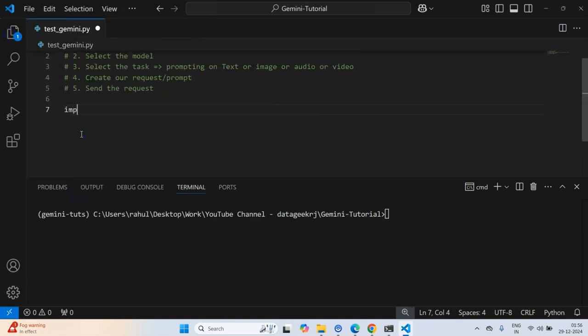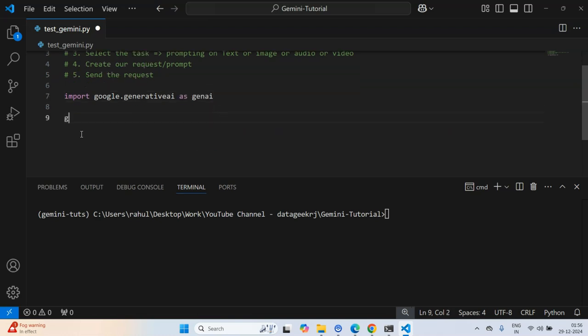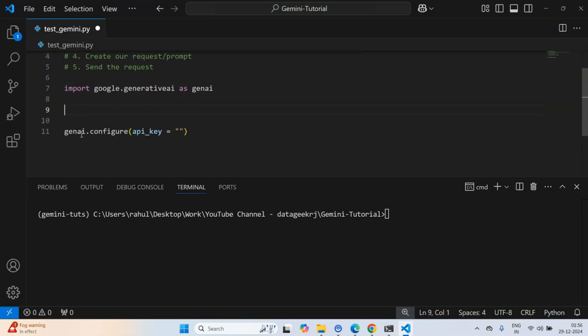First of all, I'll import the Google Generative AI as GenAI. After importing it, we want to call its configure method, and here I have to specify the API key. Now where is my API key? I need to load it.